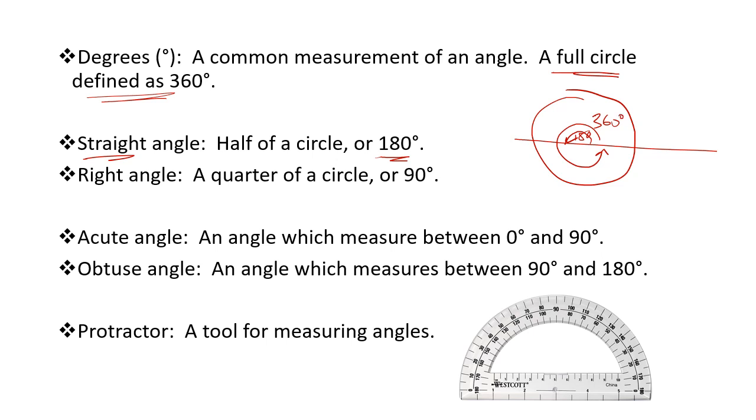I have to remember to put my degree symbol here so we know what my units are. And then we could do something like a quarter of a circle, like down here. And this is going to be 90 degrees. And so that's going to be my quarter circle, which we also call a right angle. So we'll probably talk more about right angles than we do straight angles, but we'll see both certainly over the